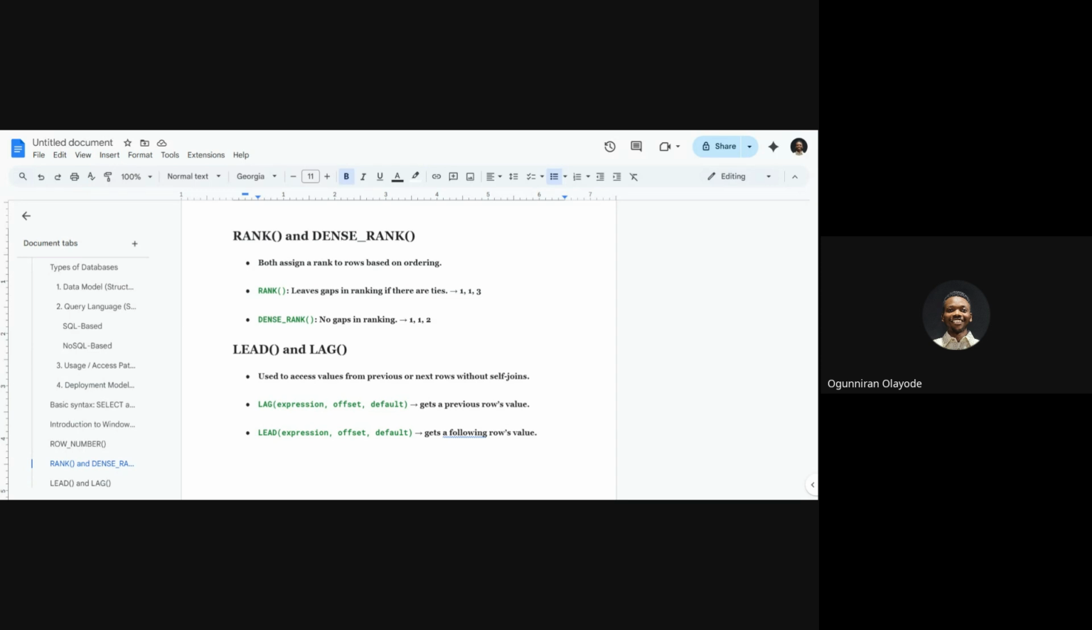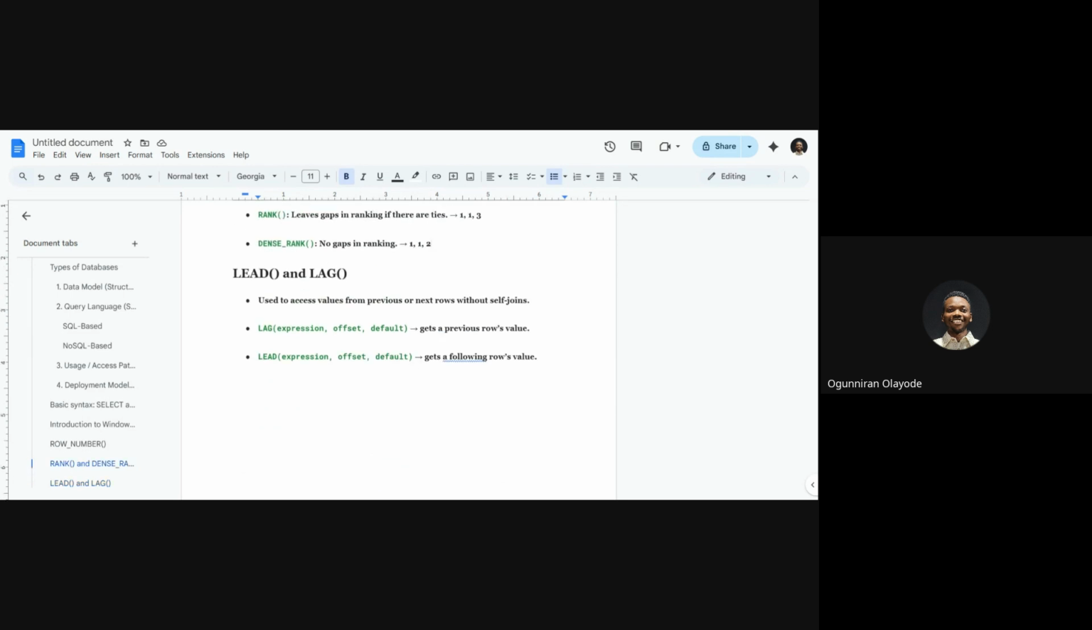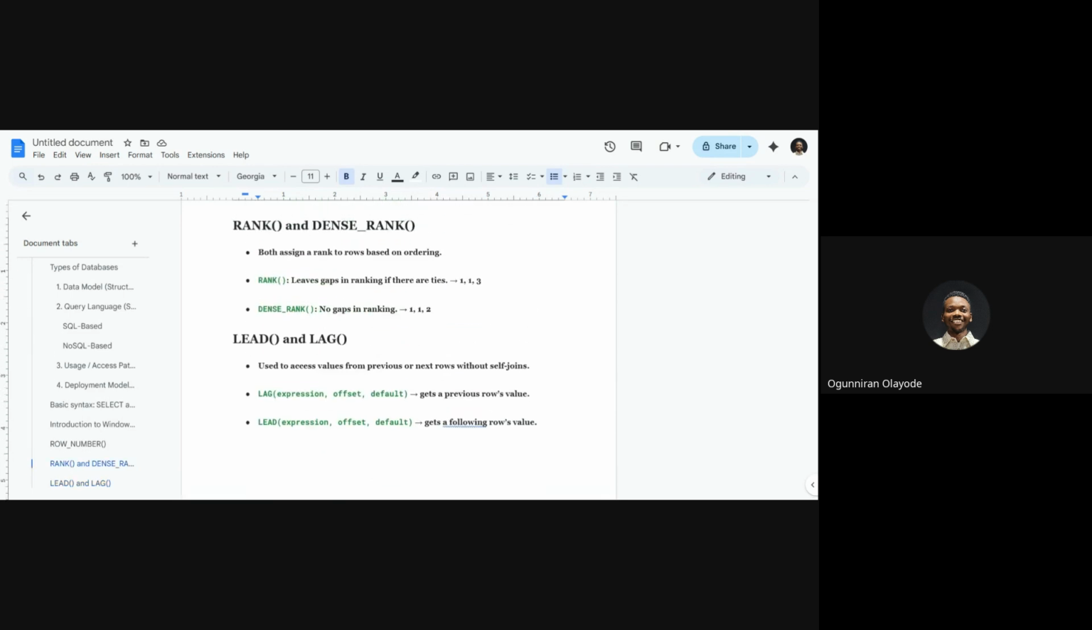Probably you want to do a comparison, like I said earlier. Sales of yesterday with sales of today. You want to compare them together. Then you can use lead and lag in that kind of situation. So that's another window function that we have, lead and lag. So these are the functions that we're going to talk about today